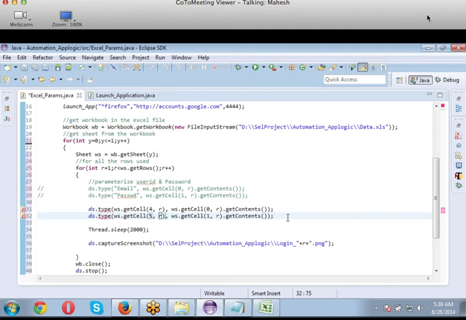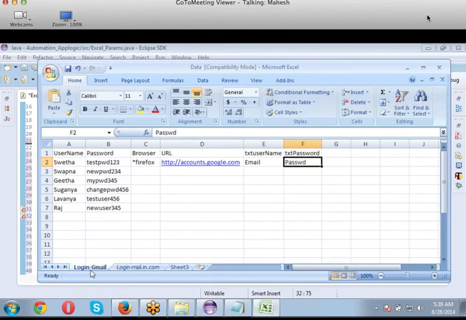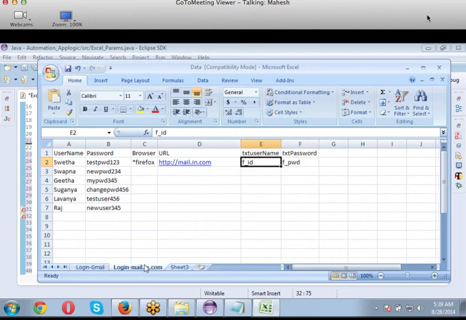What if I want the other values? This one. See, this is for my sheet 1. Column names are the same. When it goes to sheet 2, here also the column names are the same, right? That's my logic.